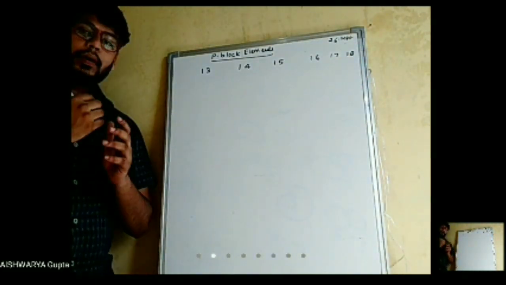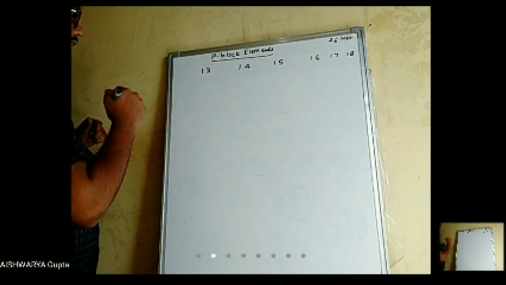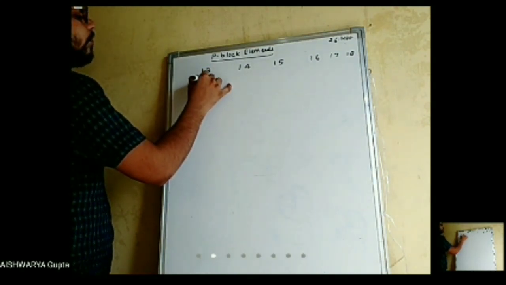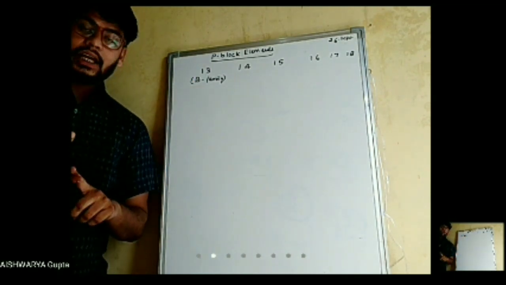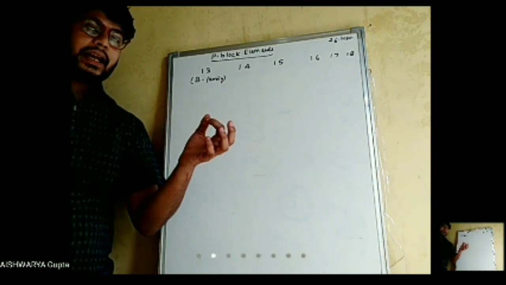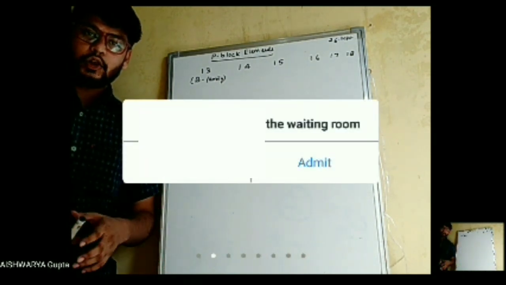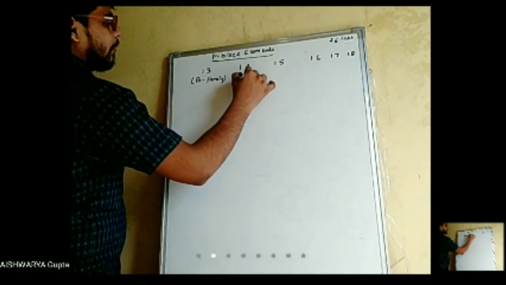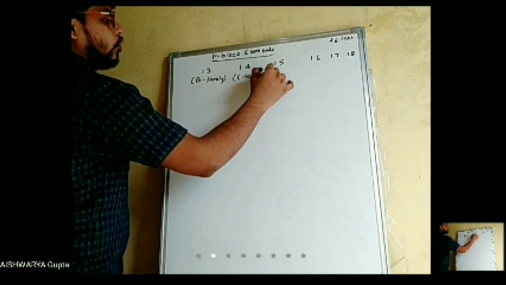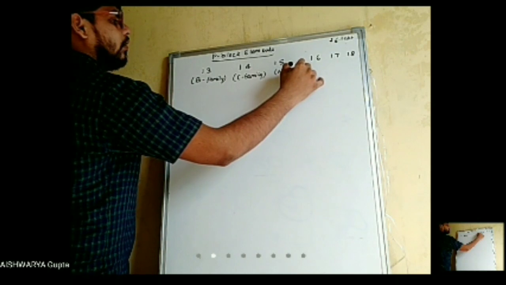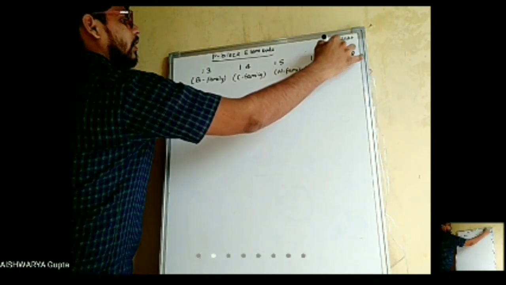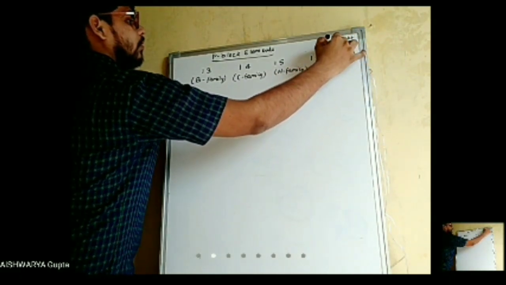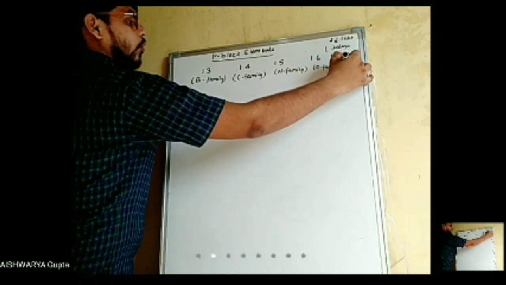If I talk about the elements or family, then group 13 is your boron family. Elements are boron, aluminium, gallium, indium and thallium. Like "Bal Ganesha in Thailand", you have also remembered the mnemonics. Group 14, carbon family. Group 15, nitrogen family. Group 16, oxygen family. 17, halogen family. Group 18, inert gases.